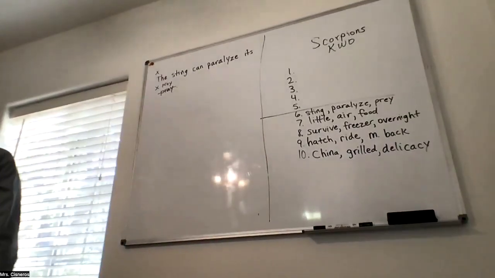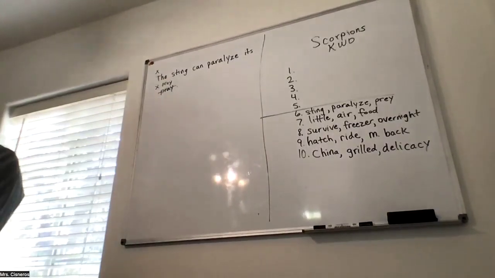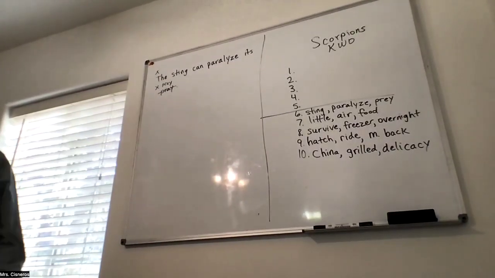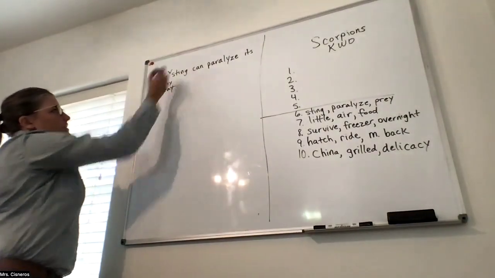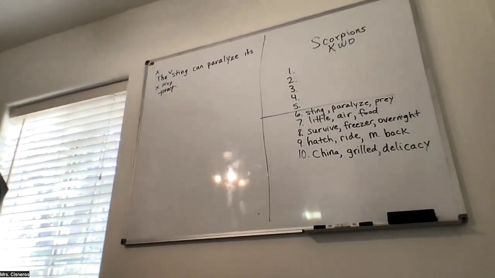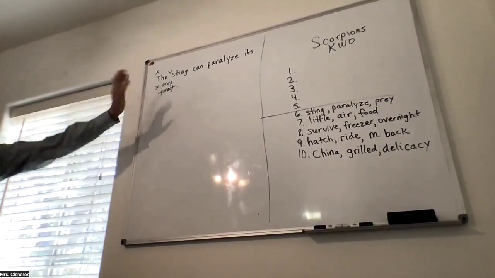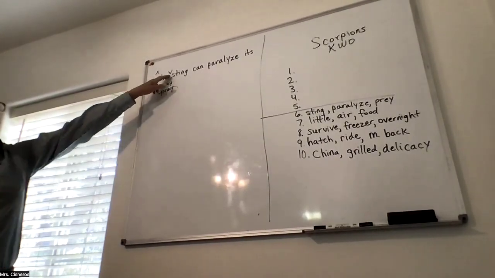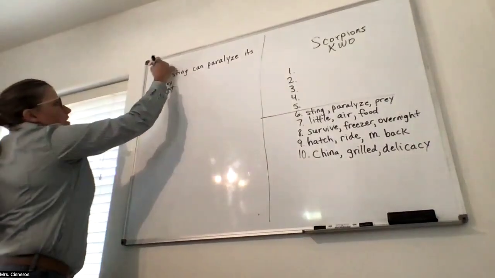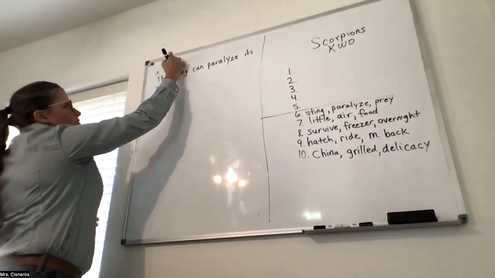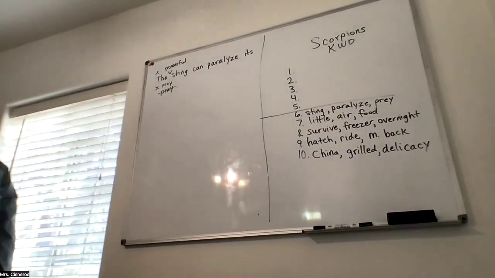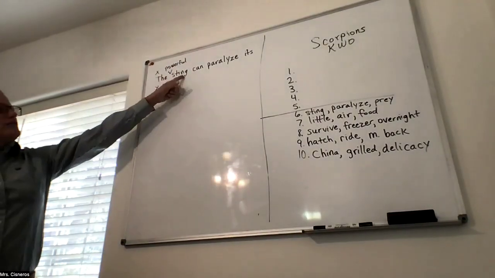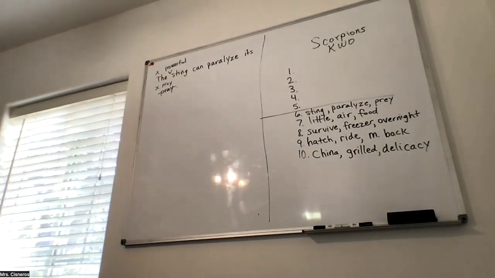Here's another thing you can do. I decided I liked that word powerful. Somebody used it back here. Thank you for that. I'm gonna decide to put a little symbol like that. It's called a caret, even though that looks like a V and not a carrot that you eat, right? This is spelled differently for editing, okay? That's a symbol like an arrow. And then above that, I'm going to put powerful. The powerful sting can paralyze its prey.